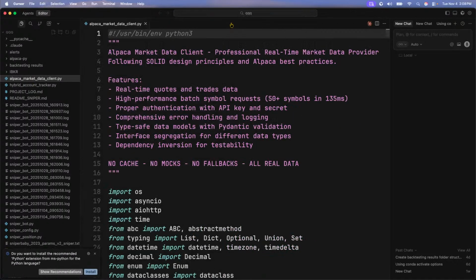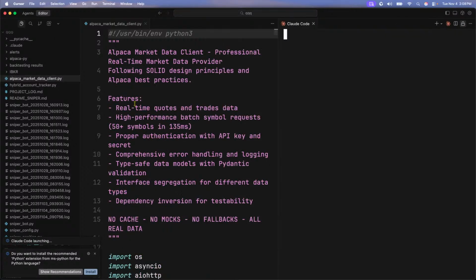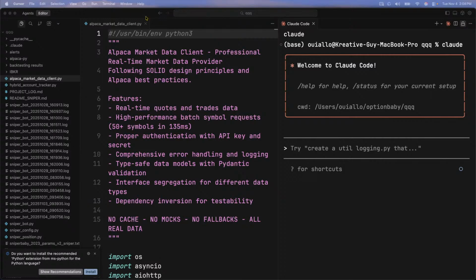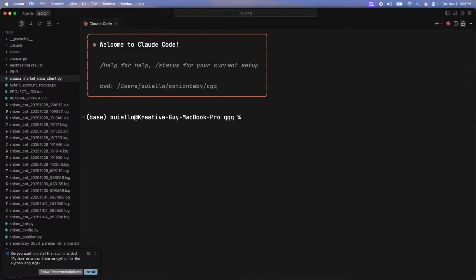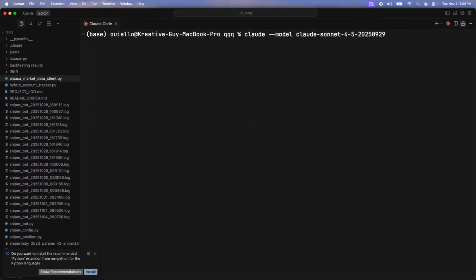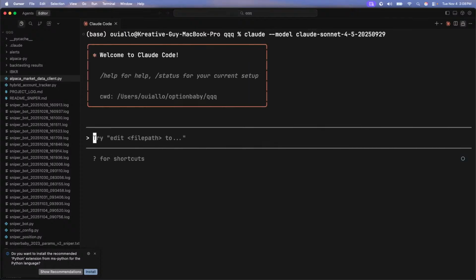All right, let's open up Claude Code. Remember, we only use 4.5 around here, because I've seen a lot of great things with 4.5. So go ahead and put 4.5. If you have any questions while I'm doing this, please don't be afraid to ask. All right, now let's use a fresh session.